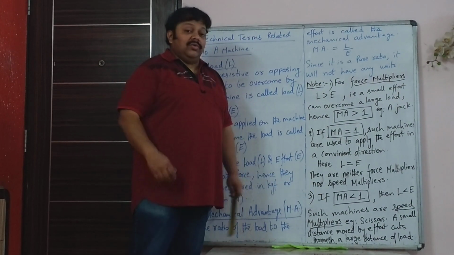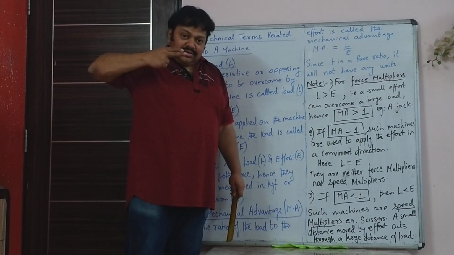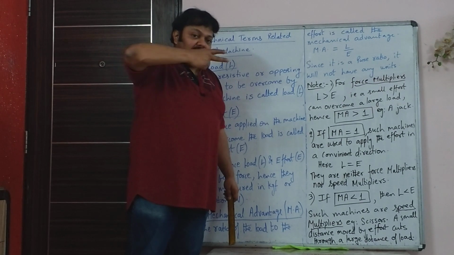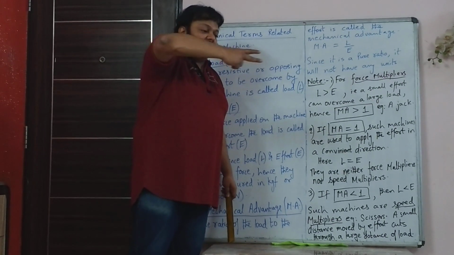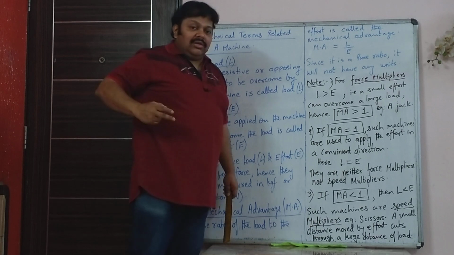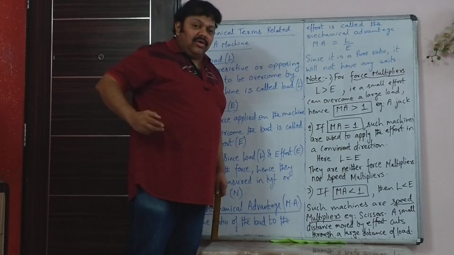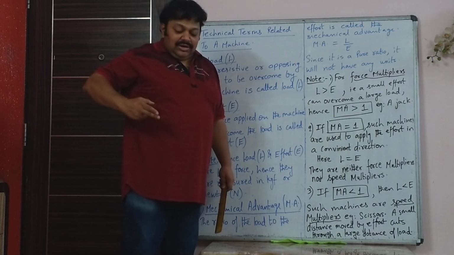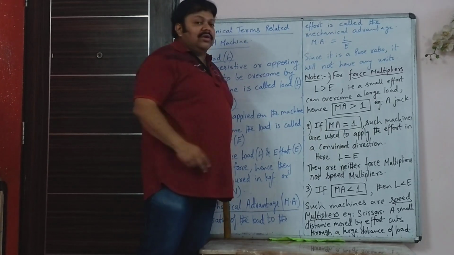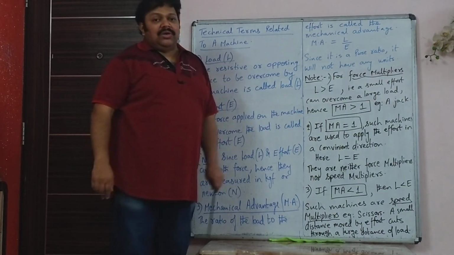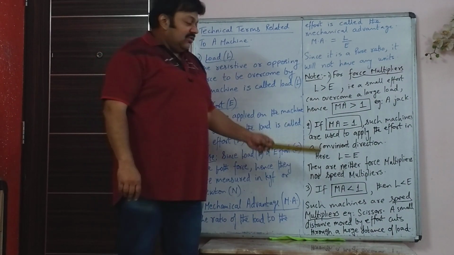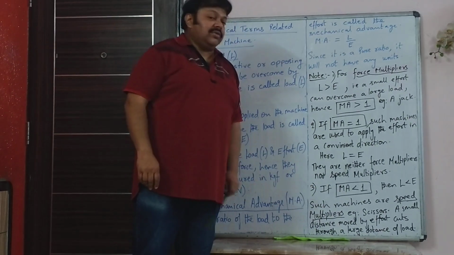So then what is the use? I told you the use. When you cut, you are moving your finger by maybe 1 centimeter, and the cloth gets cut by the tailor by almost a meter. When he does this 3-4 times, 4 centimeters of finger movement would have cut 1 meter of cloth. So such machines are called speed multipliers.